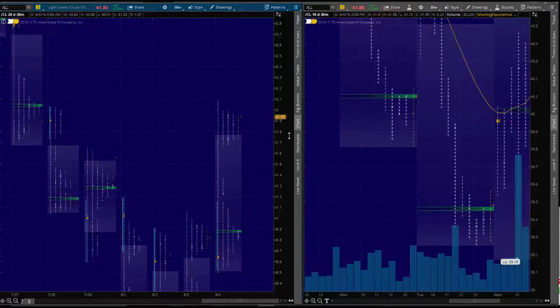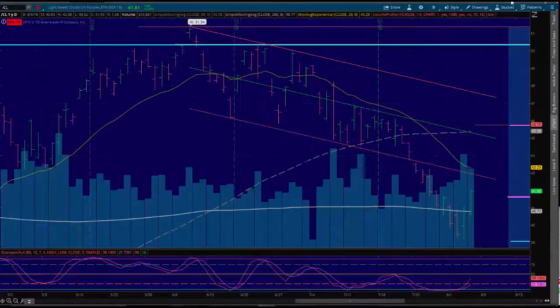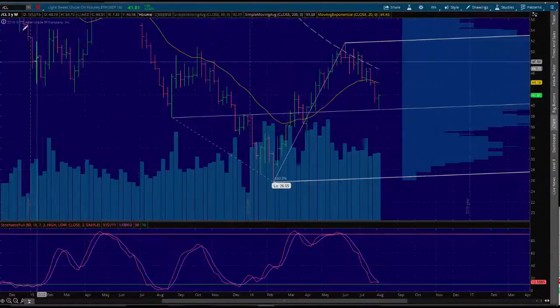We'll also look at market structure, right? Supply and demand zones and trend lines. And I like to see how other people draw their trend lines on their chart, right? It sometimes opens my eyes to something I didn't notice before, especially when it's on a higher time frame chart. Now, this is crude oil here, right? Let's look at a higher time frame chart. This is the weekly chart of crude oil.